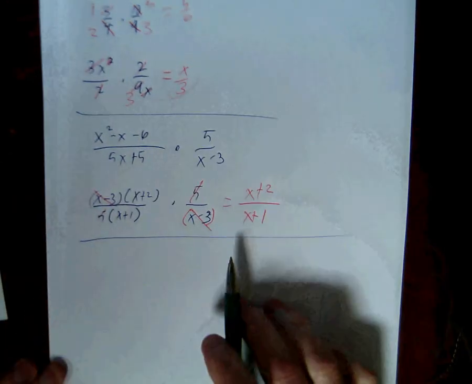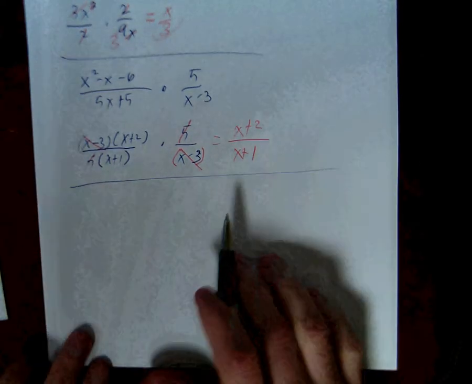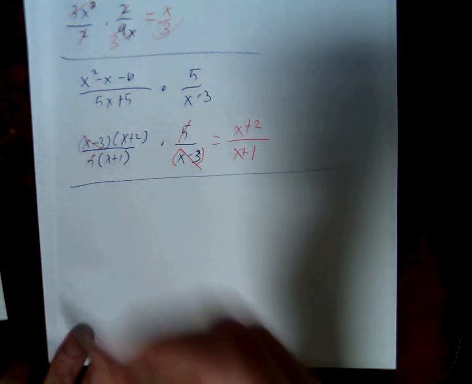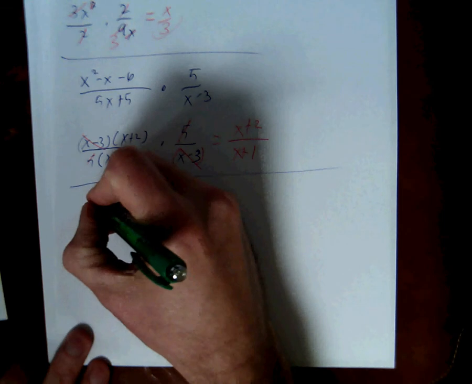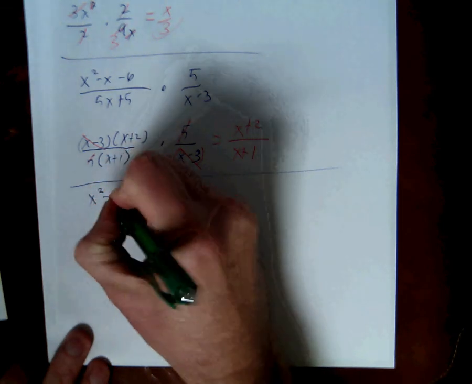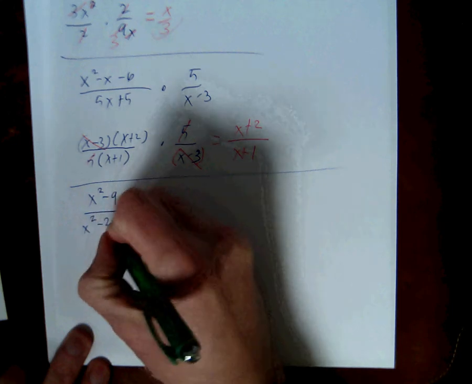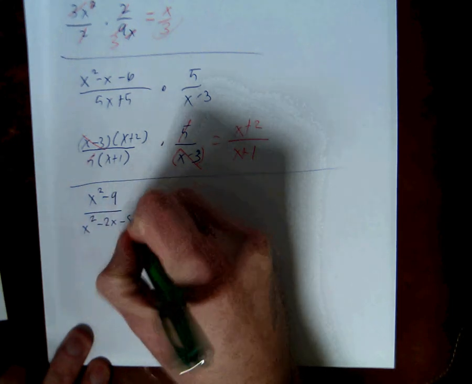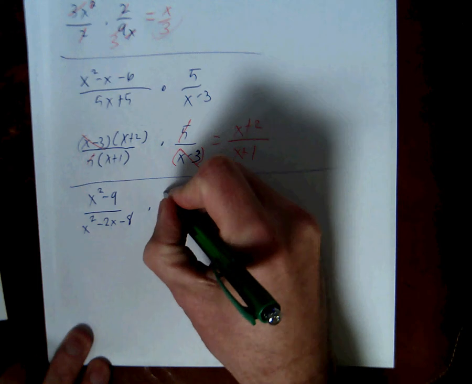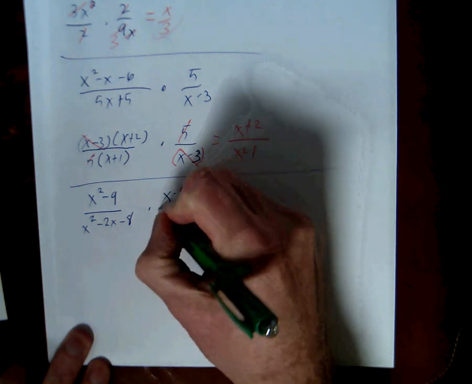All right. So now, let's look at more interesting problems. So let's say I give you x squared minus 9 over x squared minus 2x minus 8 times x minus 4 over x minus 3. And I'll give you